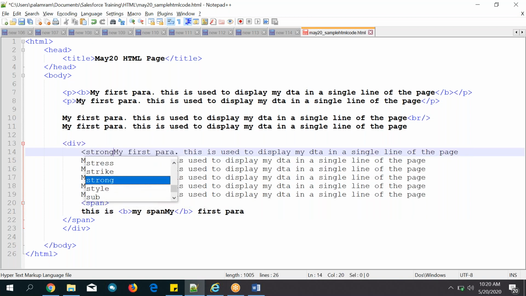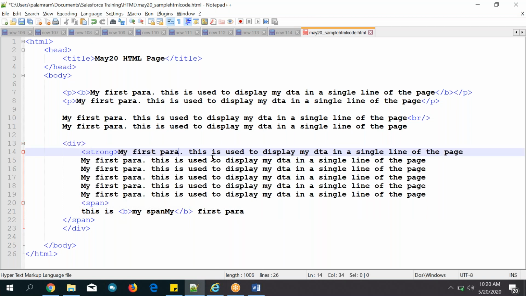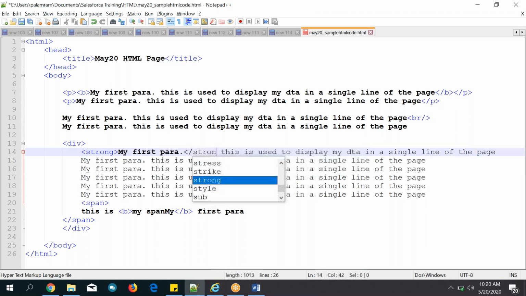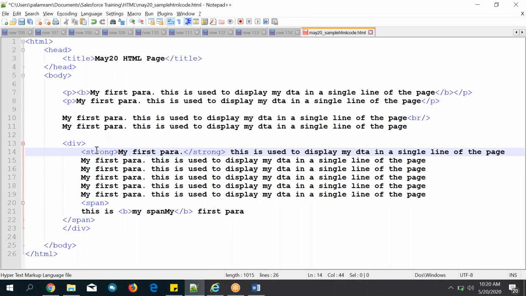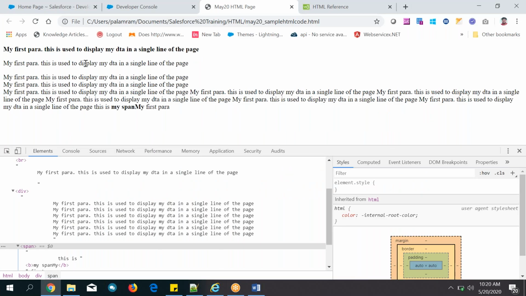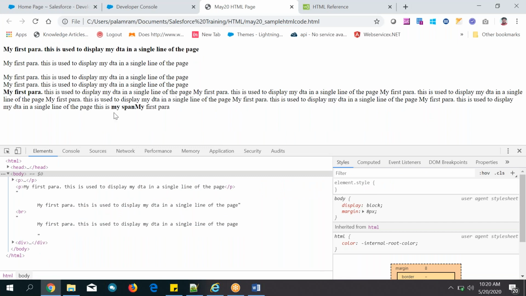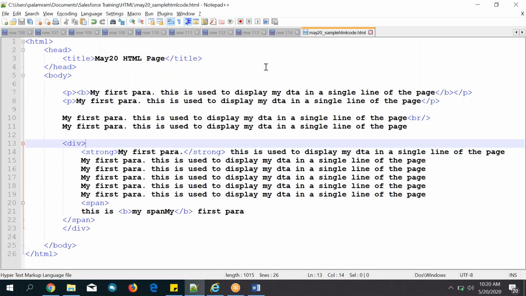The old tag is bold, the latest tag is strong. Let's use strong, open and close it. Tag means open and close it, in between write whatever you want, and the tag purpose will be fulfilled. See here, my first para. There is no difference. If you want, you can use strong or bold. Okay, no problem.